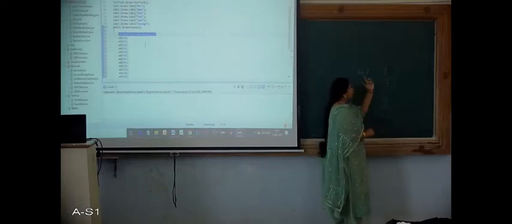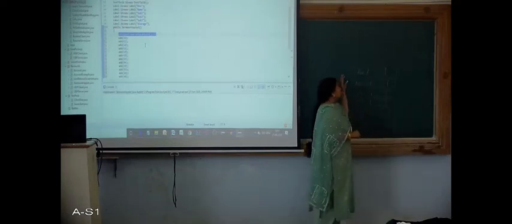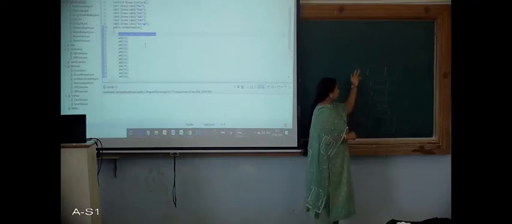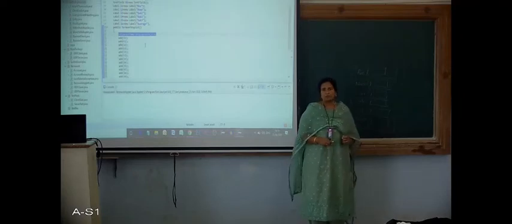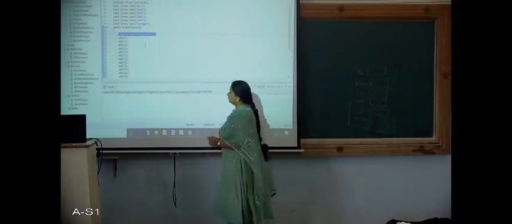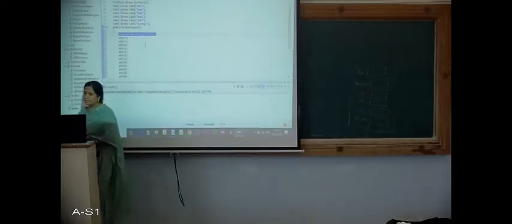That means we want a grid of 6 rows and 2 columns. I want this particular layout. So to do that, I have used this setLayout function and I have provided the parameters 6, 2, meaning 6 rows and 2 columns.